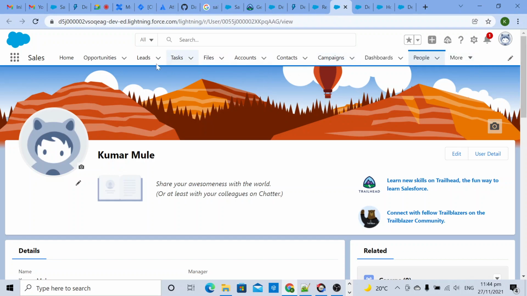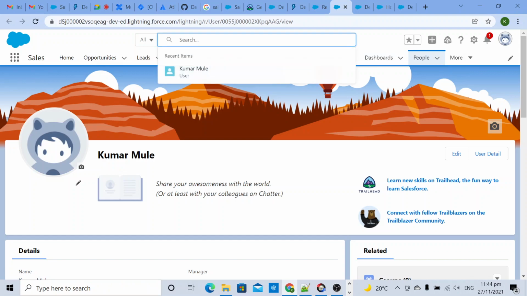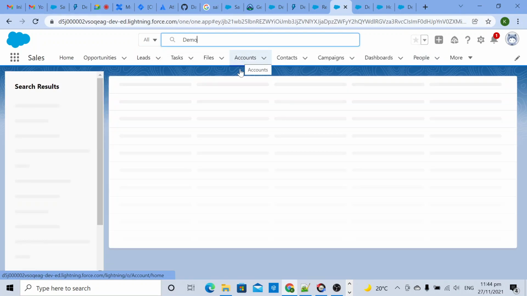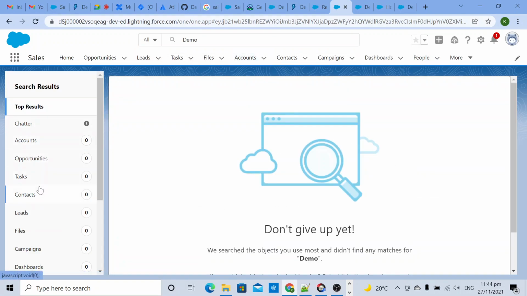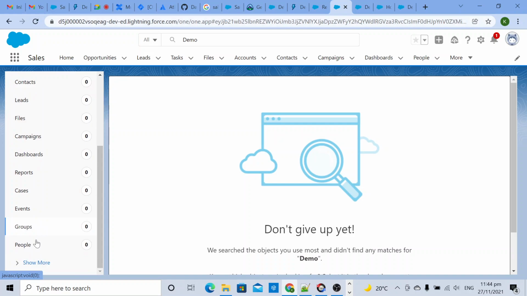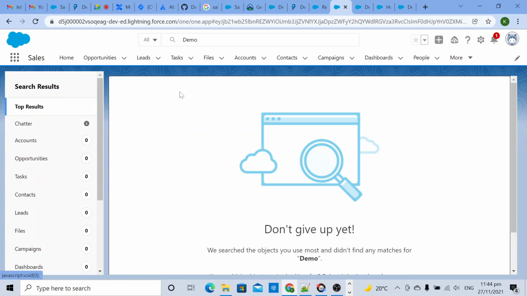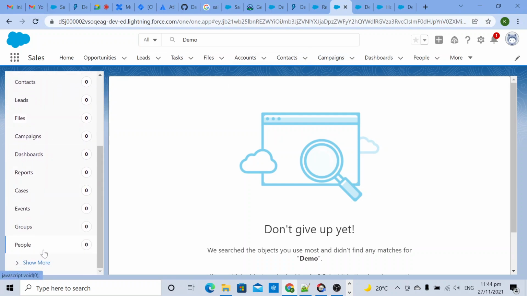Okay, here you can see all these existing objects are there. Whatever we created just now, demo, is not here. One thing: you can search here for demo. Demo is not coming.